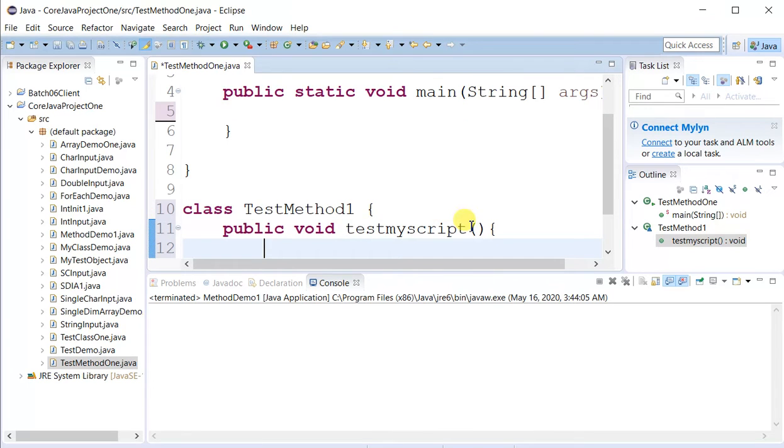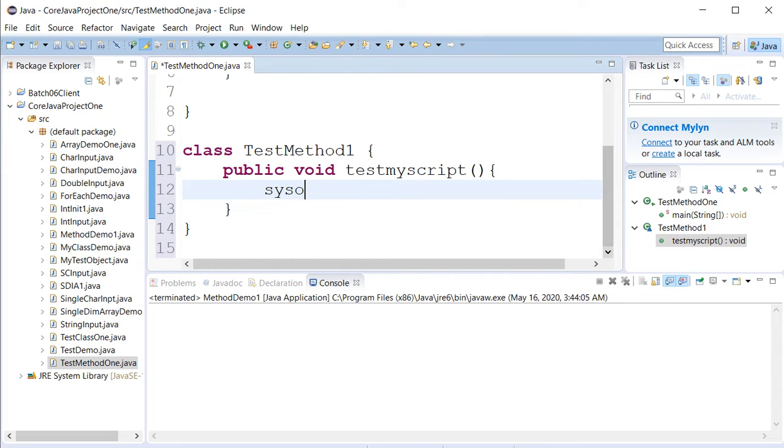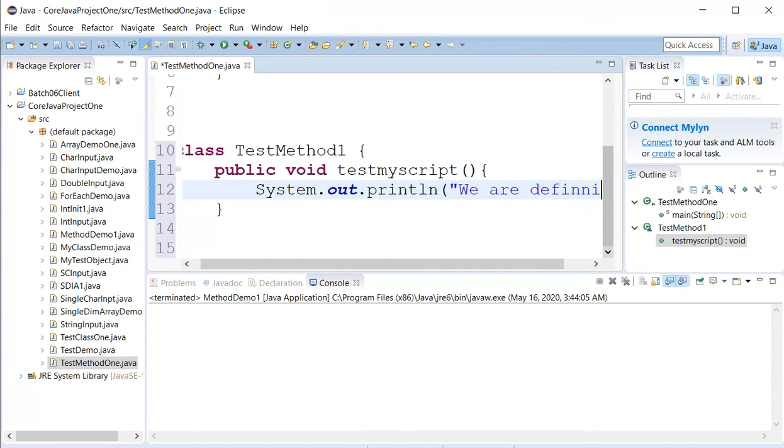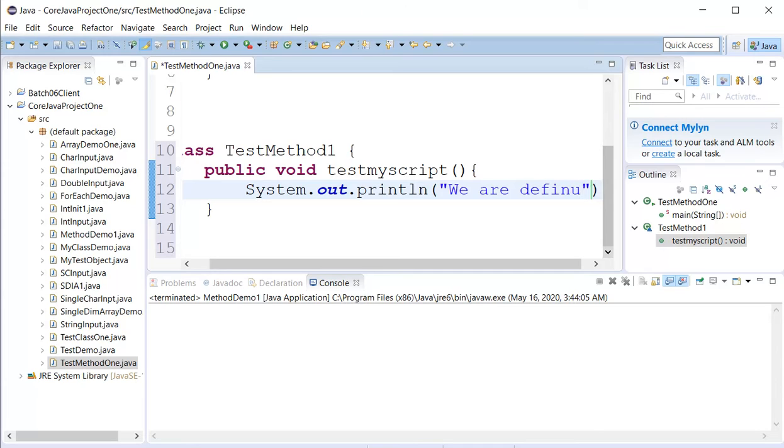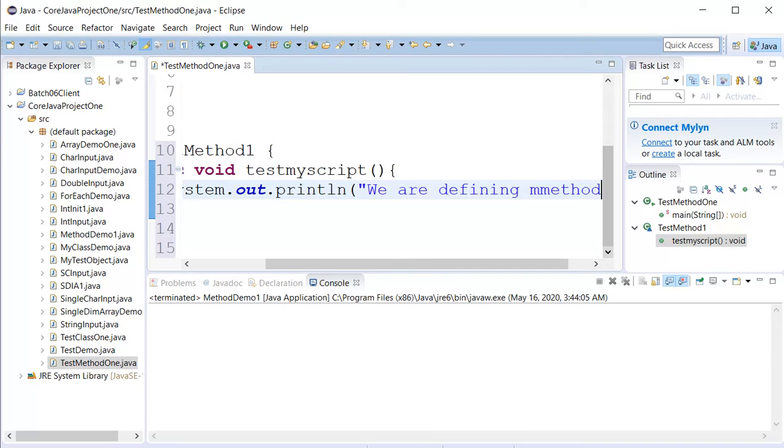The method is a block which will have the set of statements. So let's say we are defining the method.